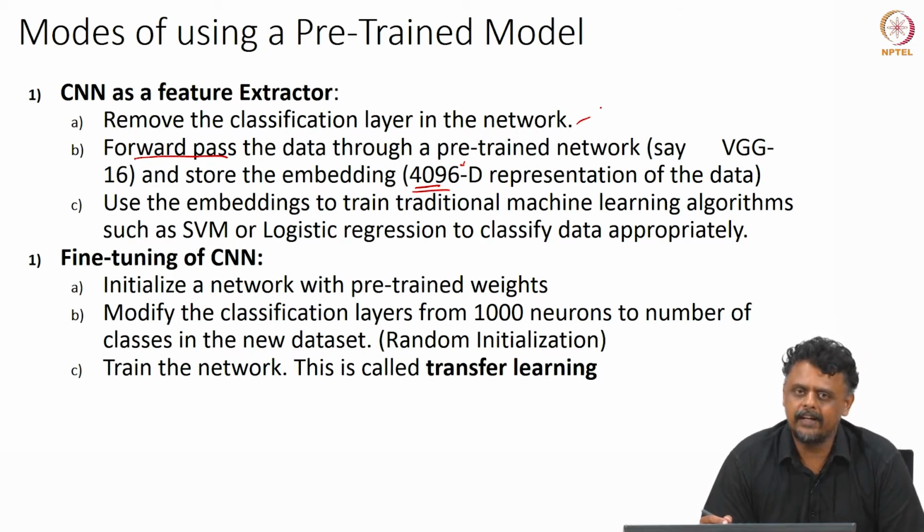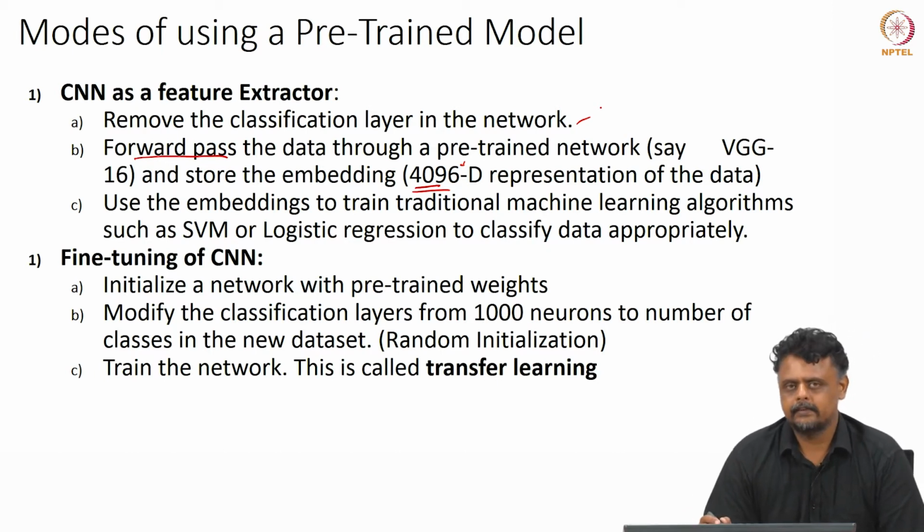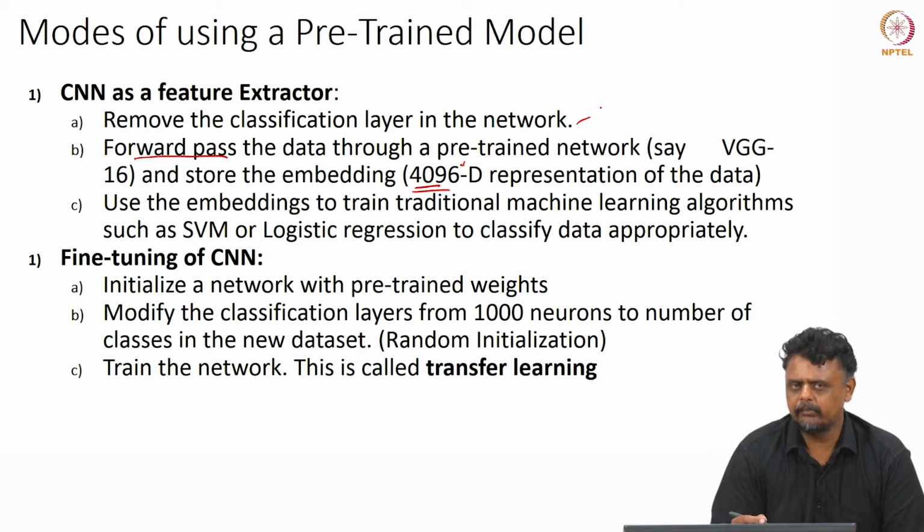Now, if your input data is very similar, in our case the example I quoted, the type and make and model of the car, or even the species of birds, or species of cats or dogs, that data is kind of similar to ImageNet data. So, if you have a network trained on ImageNet data, then you can use this 4096D representation as a reduced representation of your input data, and then use another machine learning paradigm to train it in order to accomplish your task. However, in some cases the data might not exactly be the same,